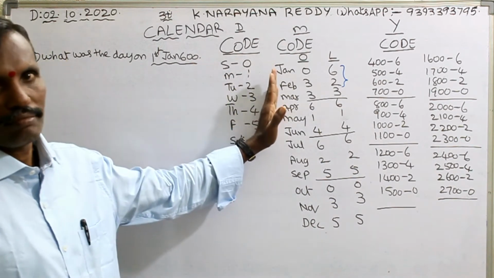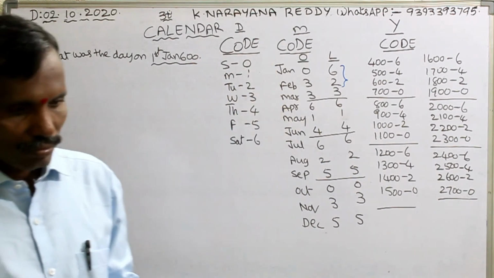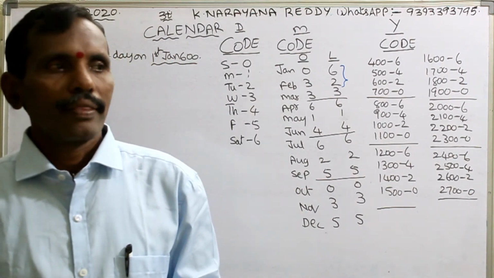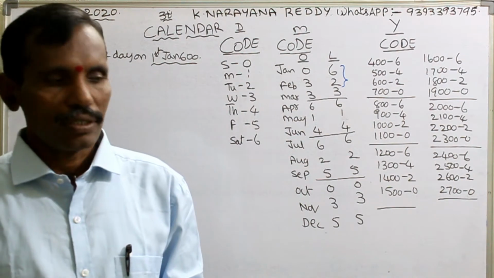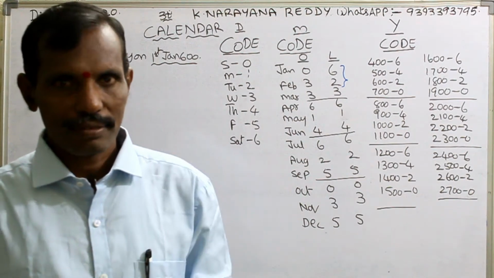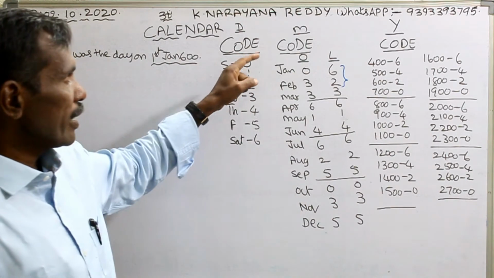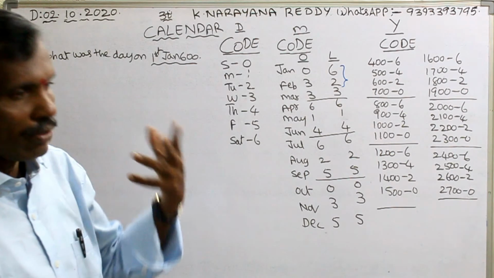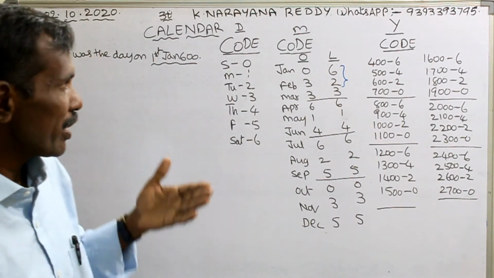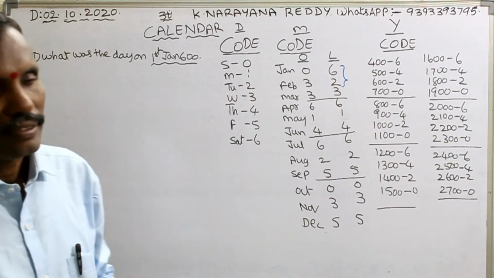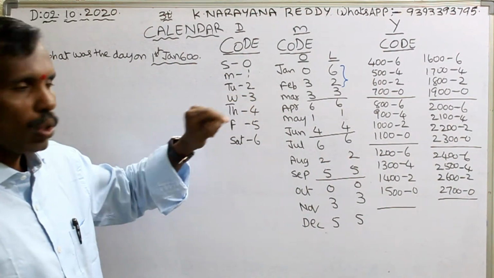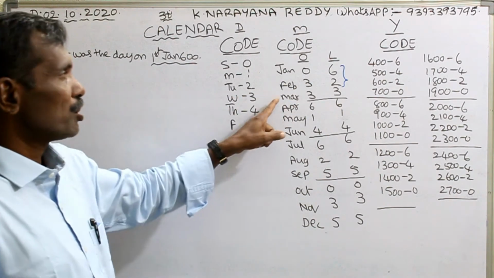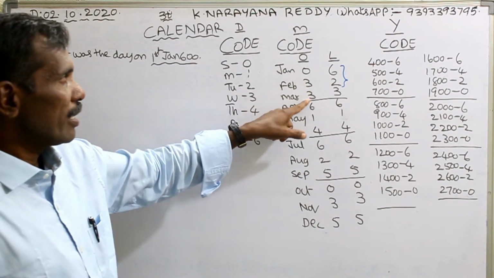Next comes months. Generally, January contains 31 days. 31 by 7 gives 28 and remainder 3. That is 3 odd days. Generally, January contains 3 odd days, but we call it 0. How it comes, I will tell in future classes. Why are you taking 0? We are not taking 3. Also, February can be called 3, March 3. So 0, 3, 3 in an ordinary year.